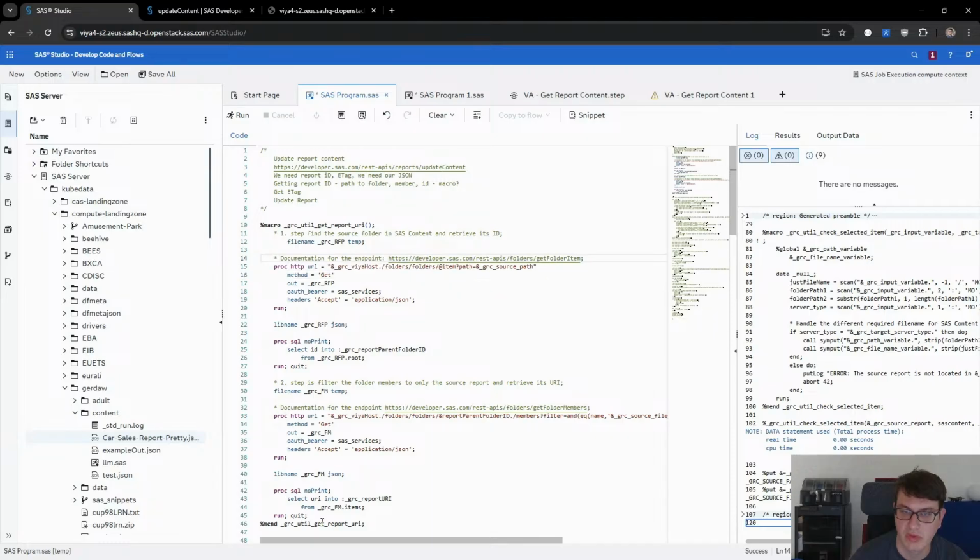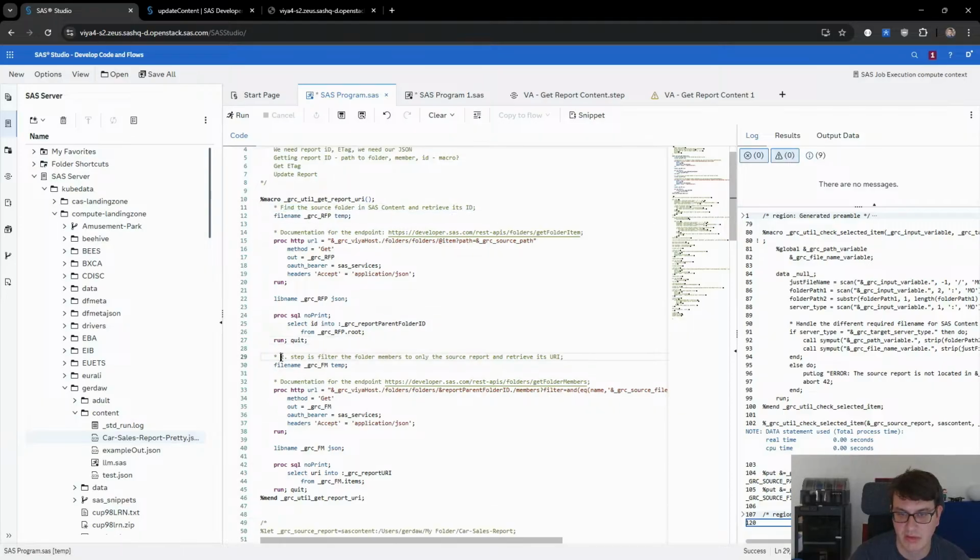Okay, almost there. So maybe now we also remove this step reference and just say find this. Then we say filter for this. And then